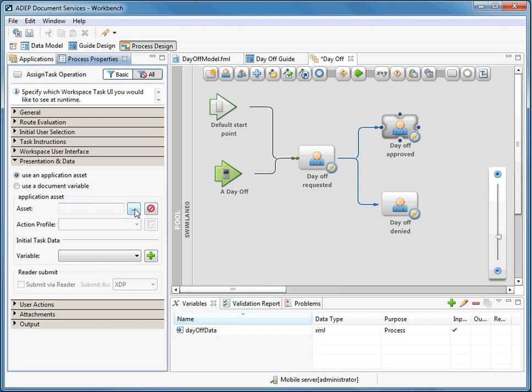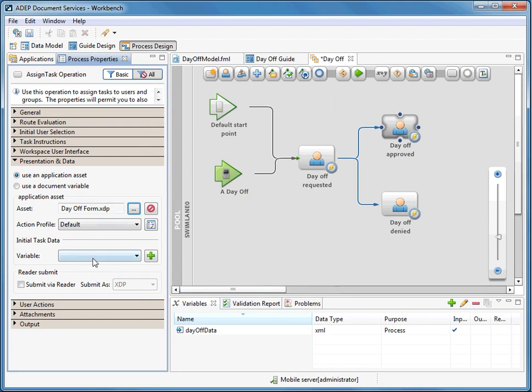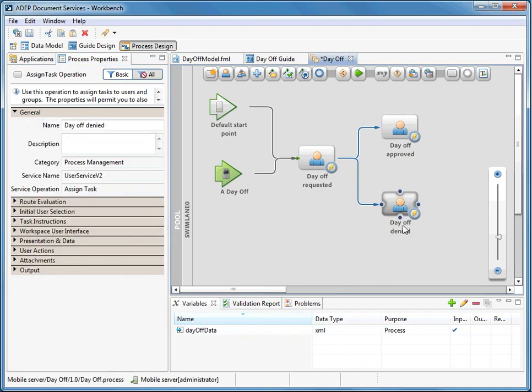Presentation data, we include the same form. Variable day off data. Okay, let's get rid of this one